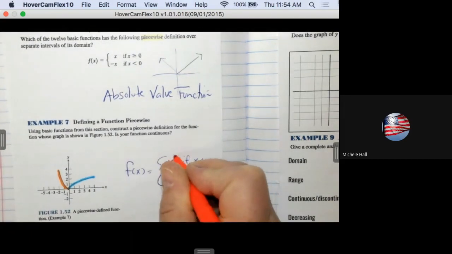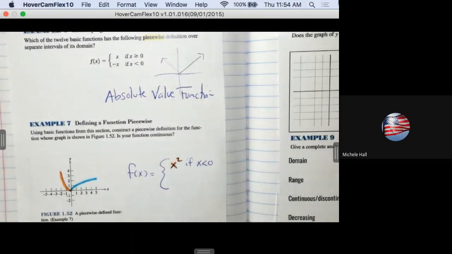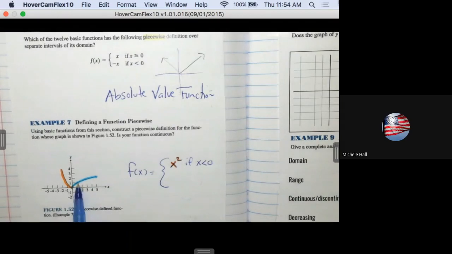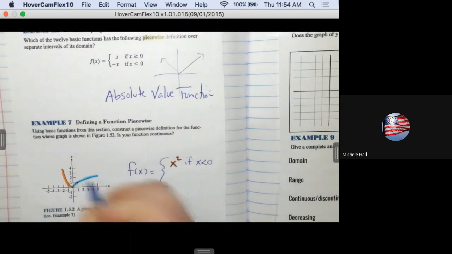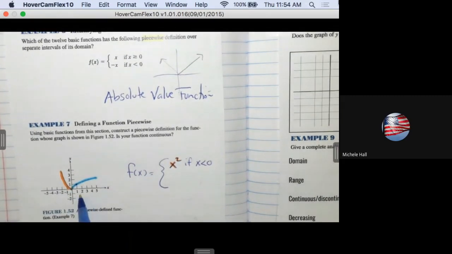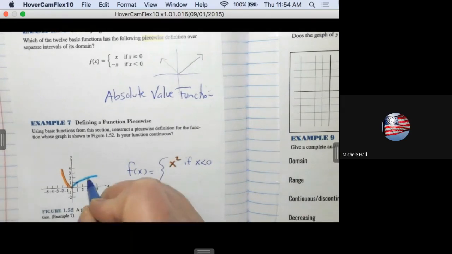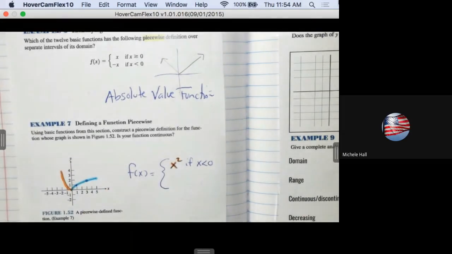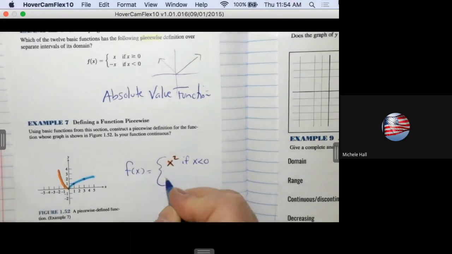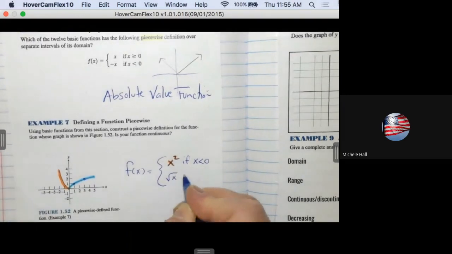So this is x squared. And I'm just going to check that to make sure. The square root of 1 is 1. I can see that point right there. The square root of, what am I going to pick next? I checked this. Is that a perfect square? So the square root of 4 is, and that looks exactly where that's lining up as well. So I agree. Square root of x if,